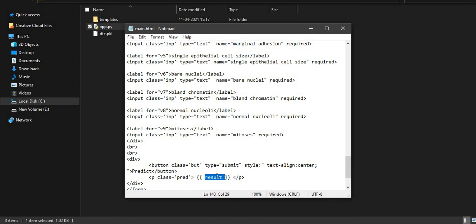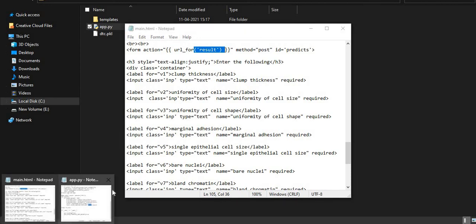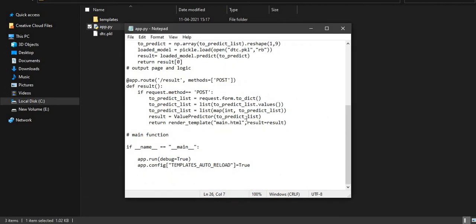So it should be the same. These two should always be there in the app.py. So the result is here, and the result. Had it been a different name, you would have to put the different name. So that's it for this.